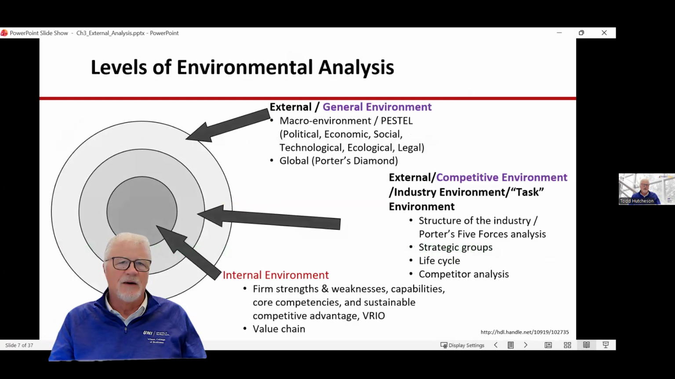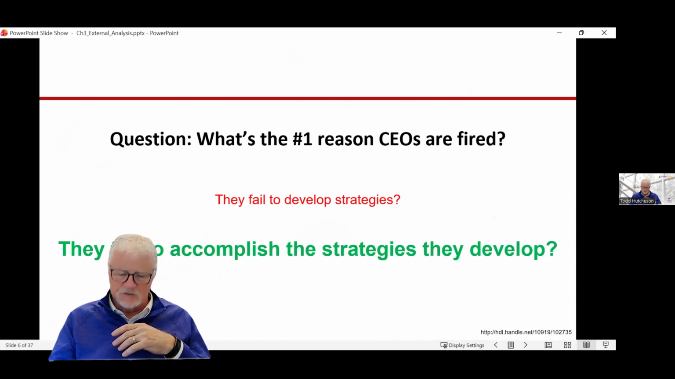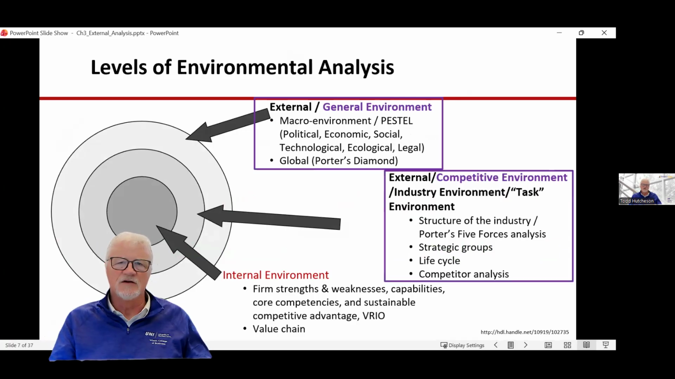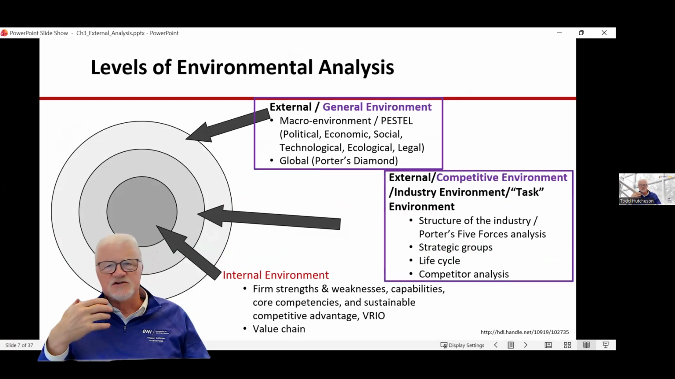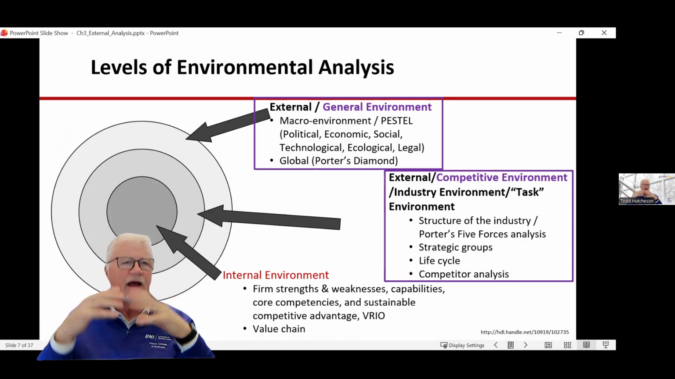So we're going to talk today about environmental analysis, but we're going to start with the external environment, and we're going to talk about it in two forms. We're going to talk about it in our general environment, so that's where we're going to use our PESTLE tool, and we're going to talk about it in global terms and using Porter's diamond. We also want to talk about the competitive environment, industry environment, the task environment, what the industry that we're working in looks like, what are the strategic groups. So we're going to look at it in general, and we're going to look at it competitively, externally to our